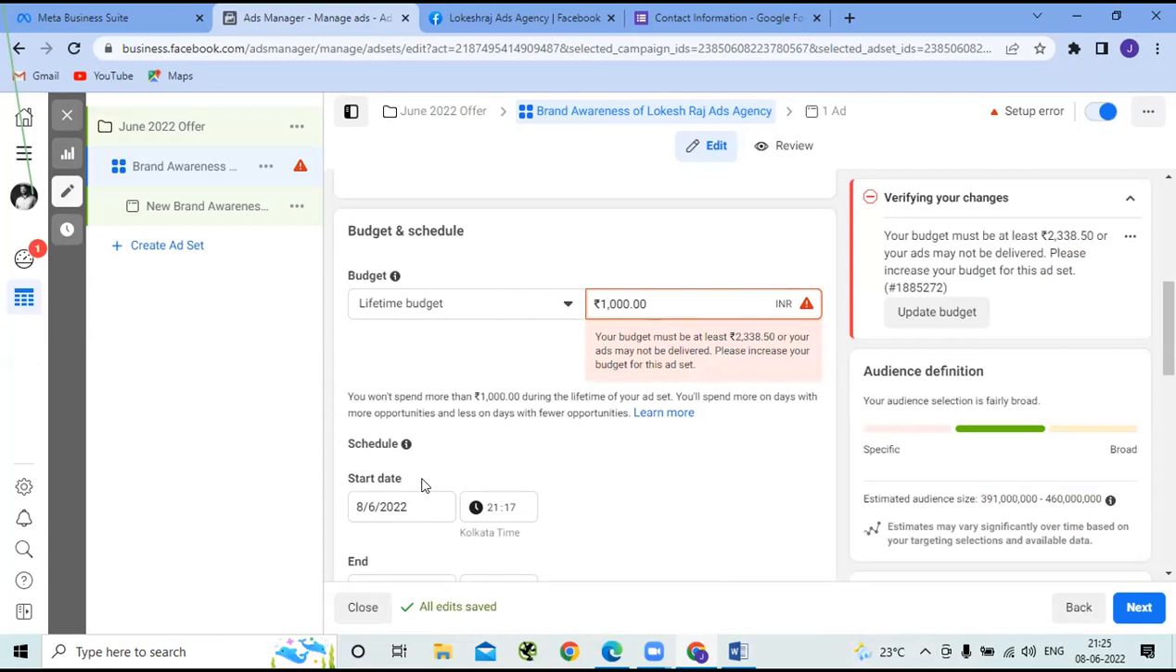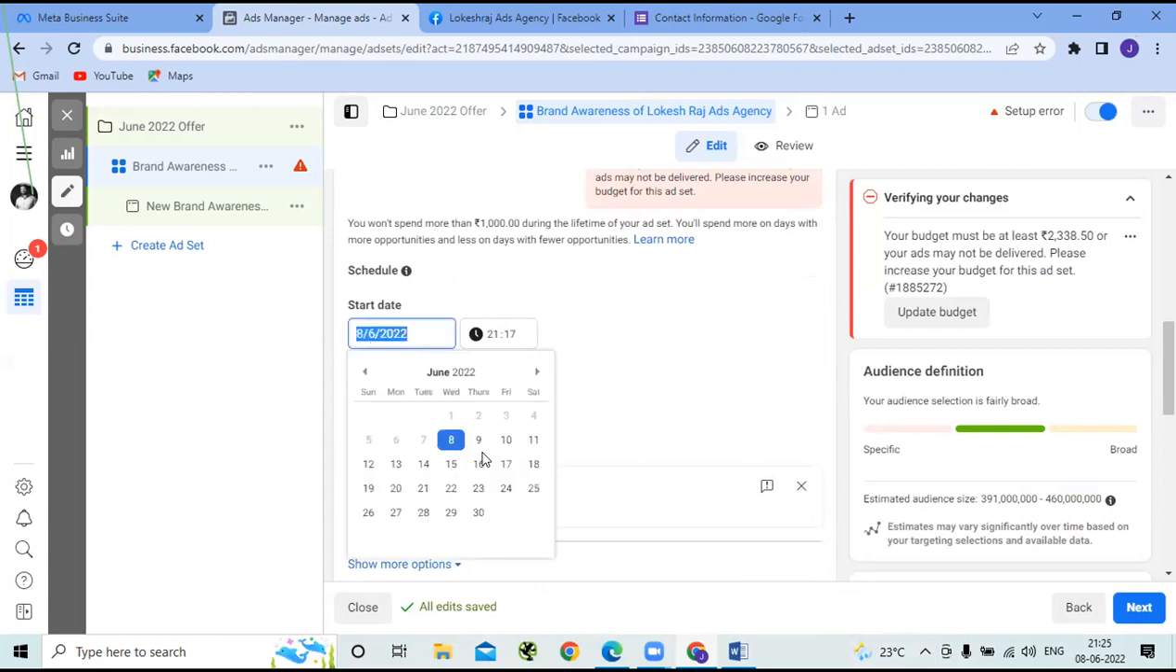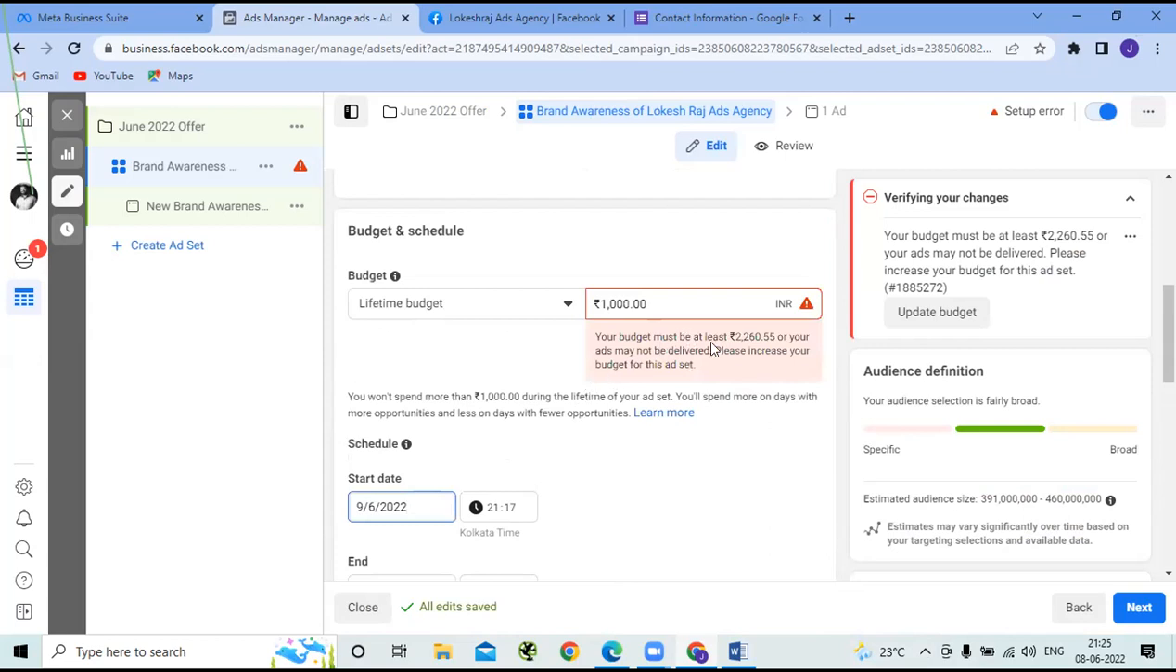Okay, because the period taken by default is 1 month. So let me choose, for example, from the 9th June onwards till 8th July. So this is 1 month. So for this period, I should spend a minimum of 2,260 rupees 55 paise. So if I give it as, for example, 3,000,